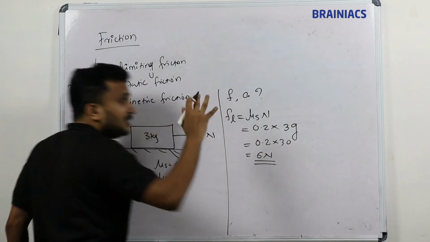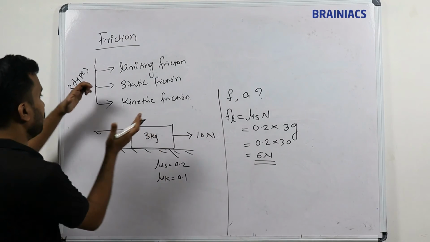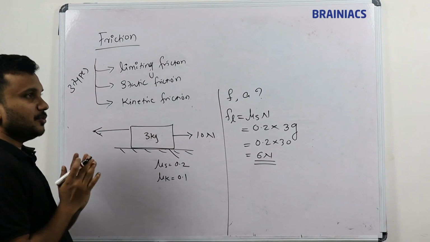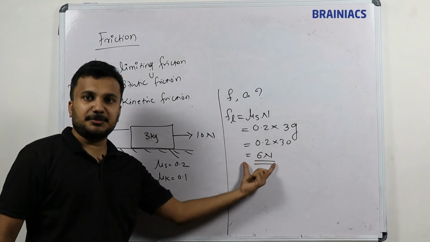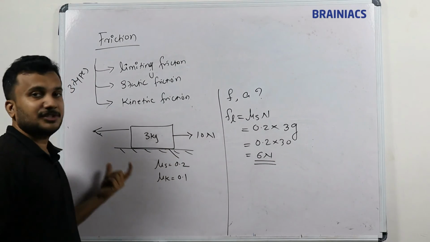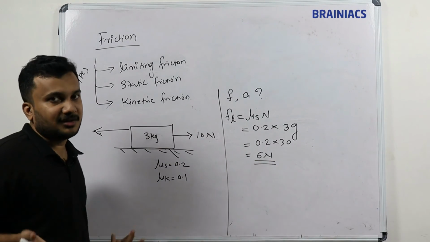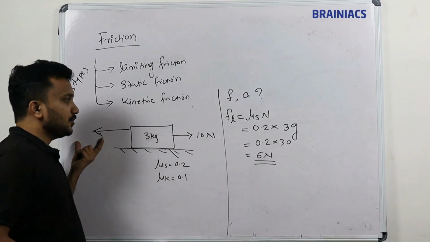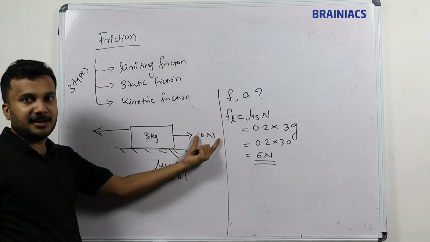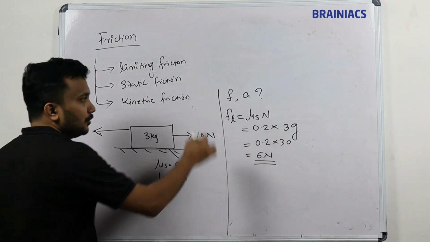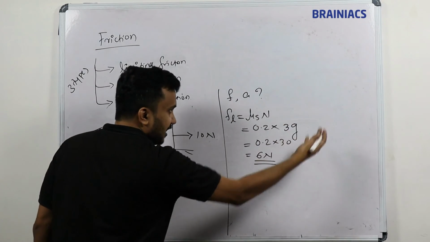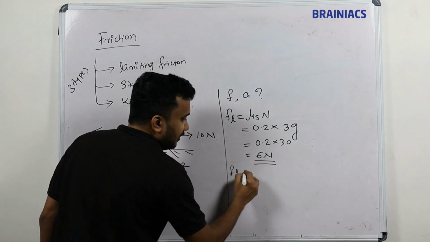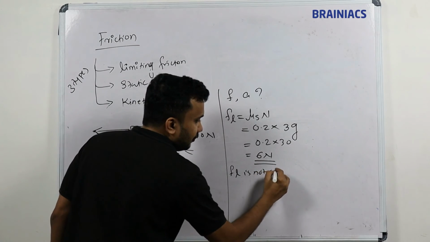So this is an analysis I have made. What is the total force acting in this situation? The surface can offer maximum 6 Newton, but 6 Newton will never be applied here because the block is not at rest. I know that because 10 Newton is a higher value than 6 Newton, the block will move. From this analysis, what do I understand? FL is not acting.